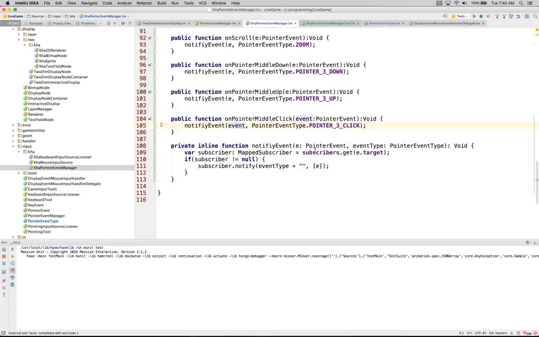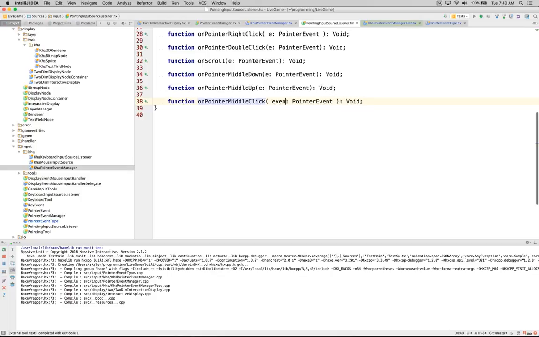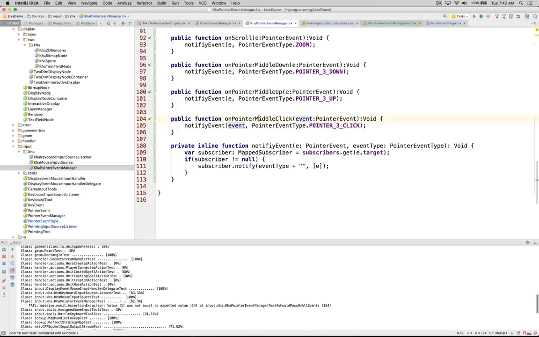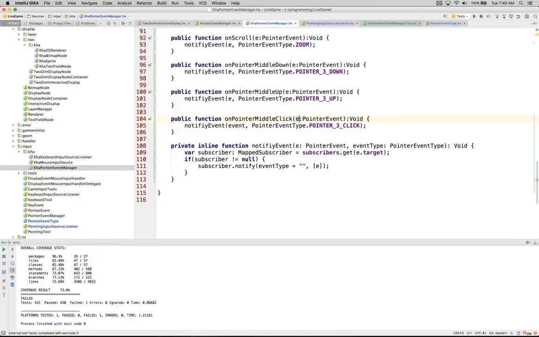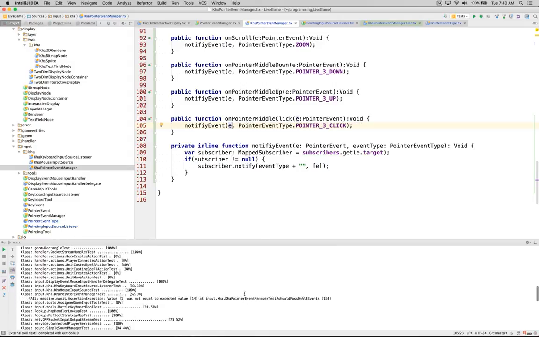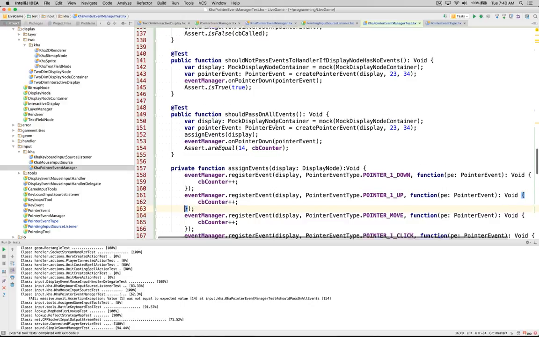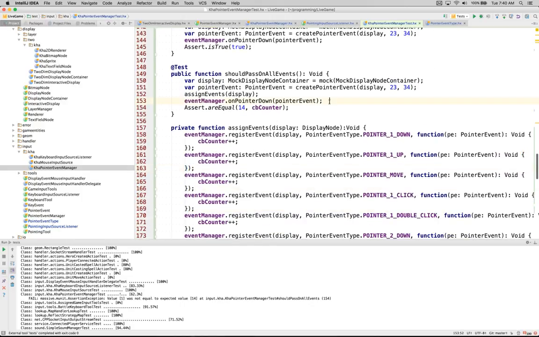It's strange for some reason, so we could probably just do this. Clean. Okay, and it looks like it didn't actually hit all of them. Because we didn't call them